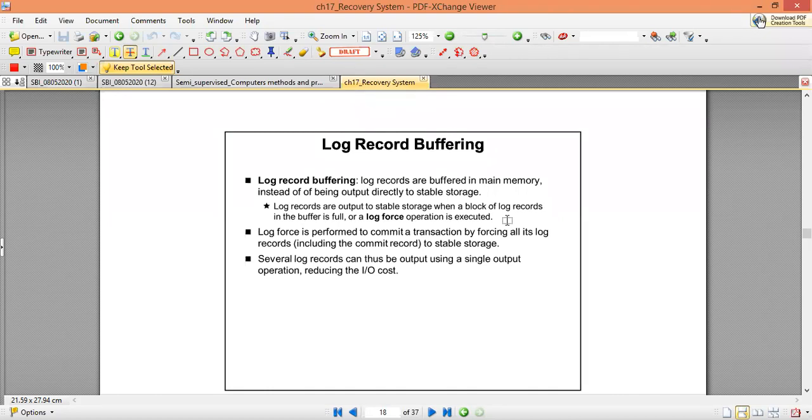In that way, different input-output operations can be reduced, in the sense that different IO operations can be reflected in a single log write. Is it clear?